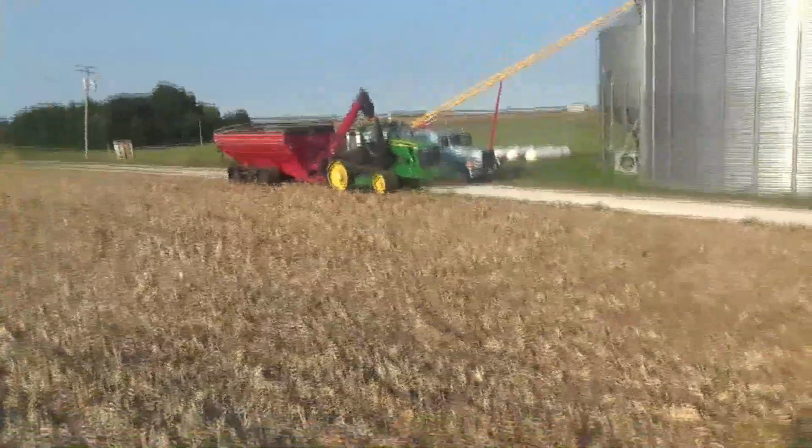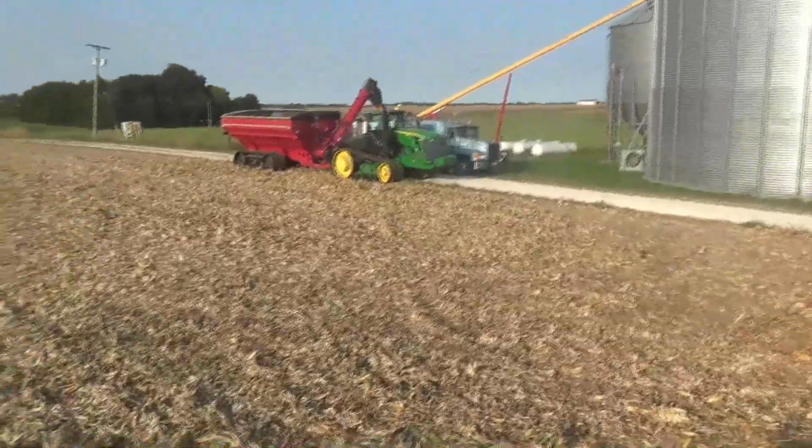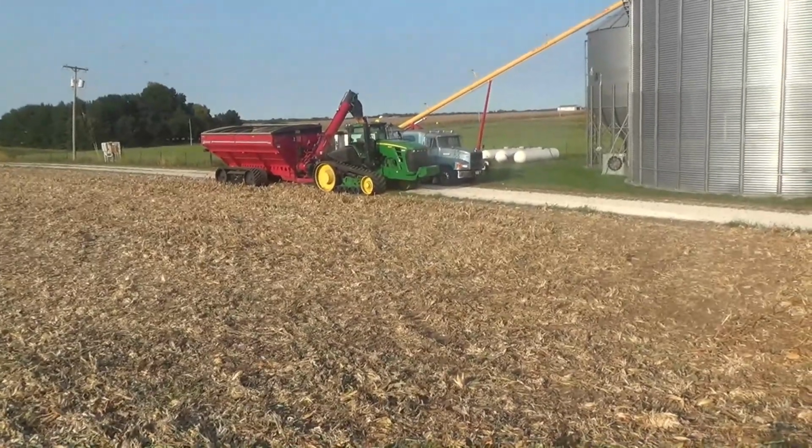Heck, we thought this was going to be what we hand shelled, was 24, 25. We get into the middle of it, it's actually only about 21. So